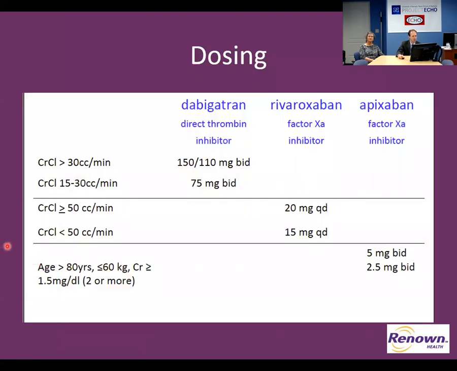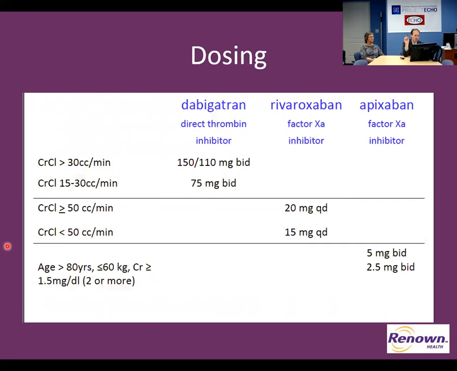So we have 3 main oral anticoagulants that are direct oral anticoagulants, having replaced, being alternatives to Coumadin. There's also edoxaban, which maybe some people are using. We thought that edoxaban would be a good answer for low cost, and at least in my experience, that hasn't necessarily been the case.